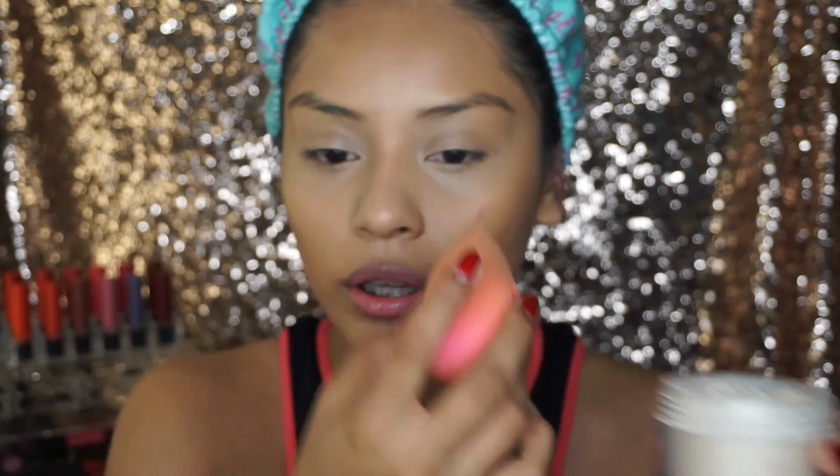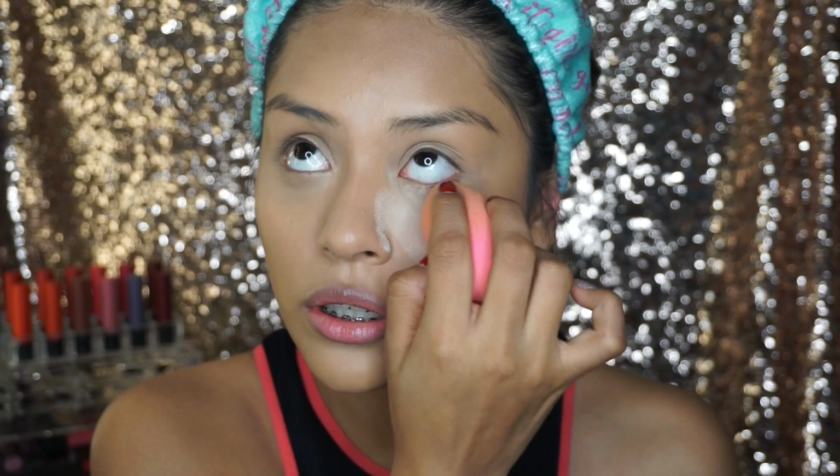So now that we're done with that step, I'm going to go with my Laura Mercier translucent powder and bake underneath my eye. So I'm just going to get rid of the creases really quick. So I'm just going to add some on my beauty blender and then look up and then just...